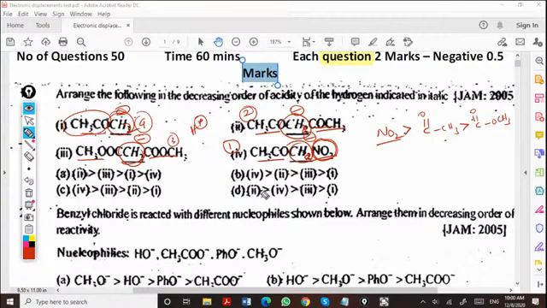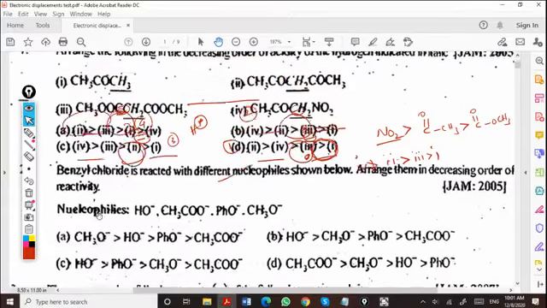So the decreasing order of the acidity is 4, then 2, then 3, then 1. So which is the answer? 4, 3, 2, 1. This one. So option B is correct from this. Next,